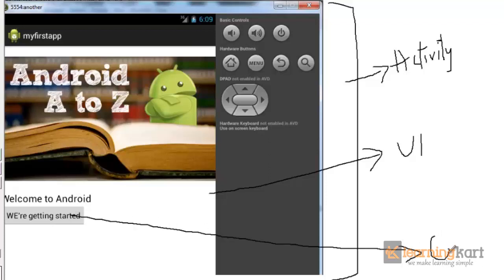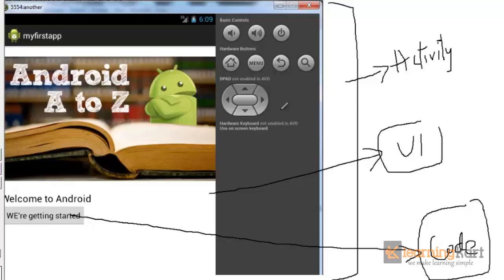We need some code that guides what happens when you press this button, or if you need to change this image, or if you want to view some other page. All that code goes to an activity source code file, and the UI that the user gets to see we can also call a layout that we create within the Android application.